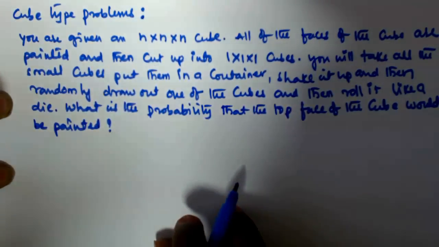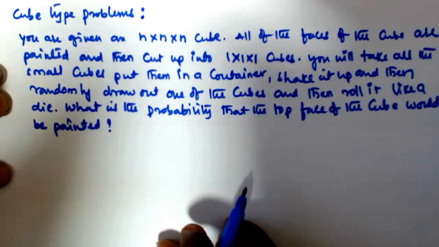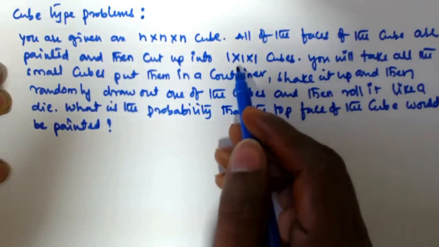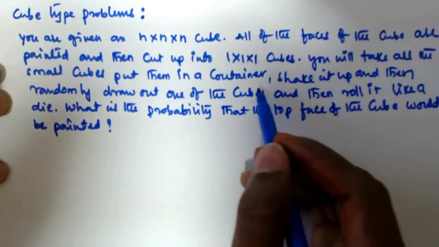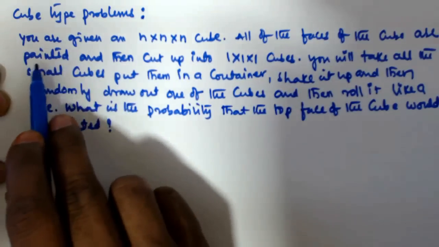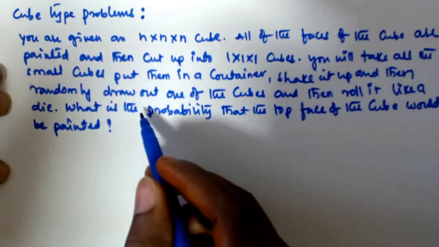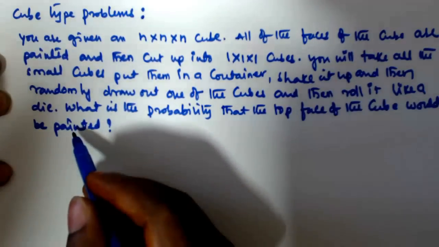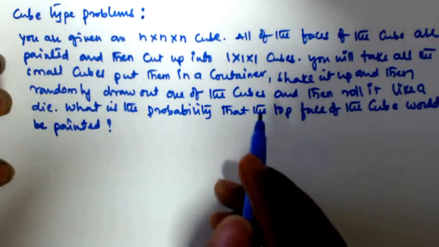So it is given that a big cube is given whose length, width and breadth is n, and then we have to cut that big cube into small cubes of length, breadth and height 1. So then you take all those small cubes and put them in a container, and you have to remember that the big cube's faces are all painted, and then shake it up, and then randomly you select one cube from the container, and then you roll it like a die. So then we have to find what is the probability of the top face of the cube being painted,